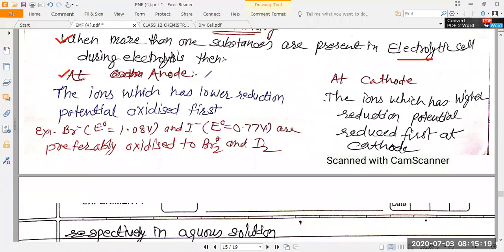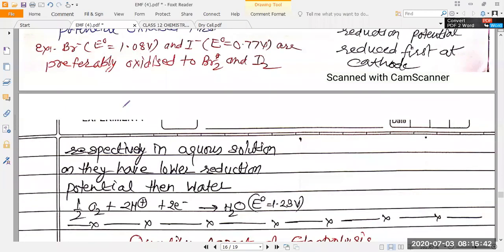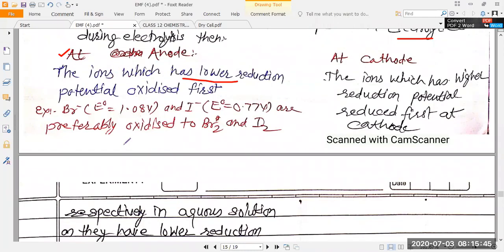The ion which has lower reduction potential oxidizes first, or the ions which have higher oxidation potential. Lower reduction potential means higher oxidation potential, and it will oxidize first. For example, there are three ions: bromide ions, iodide ions, and OH ions in aqueous form. If we take an aqueous solution in an electrolytic cell, and bromide ion is there, iodide ion is also there, and OH ion is also there, then out of the three, which one will oxidize